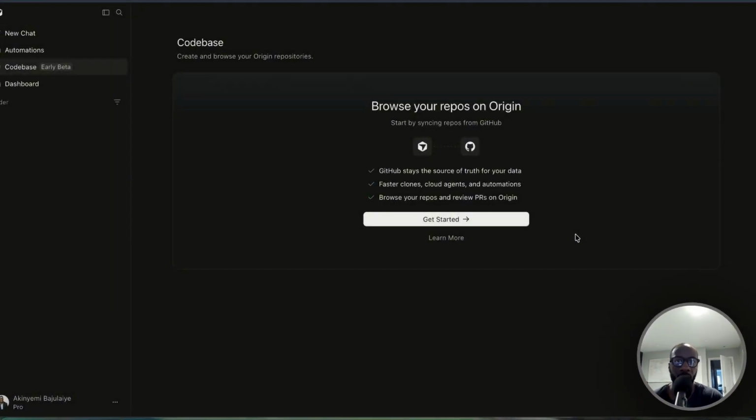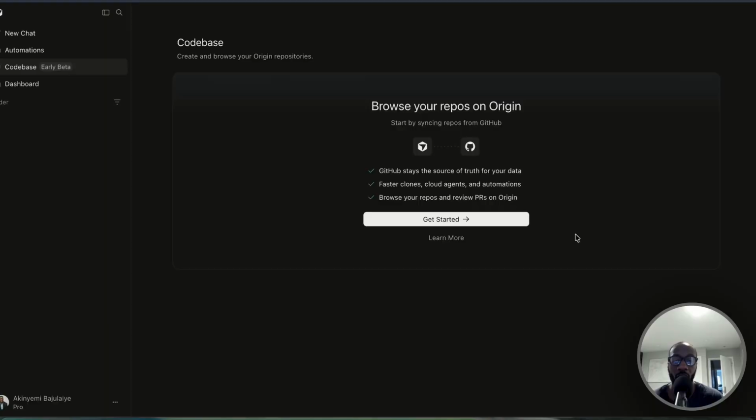X's purchase of Cursor was the acquisition of 2026. This week, Cursor launched a new feature within its platform called Origin that ousts GitHub as the place for saving your code and doing version control. Origin comes on the back of Cursor's acquisition of Graphite at the end of 2025 in December, and builders, developers, agent users in general now have a place outside of GitHub to store their projects, and it's in an agent